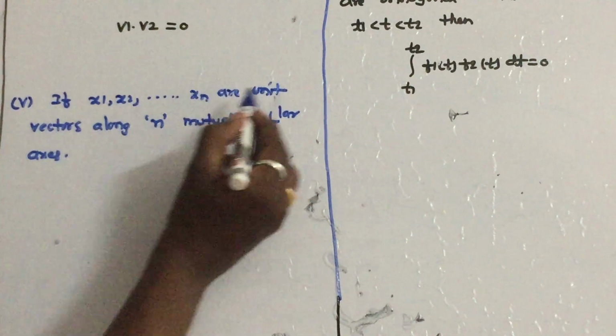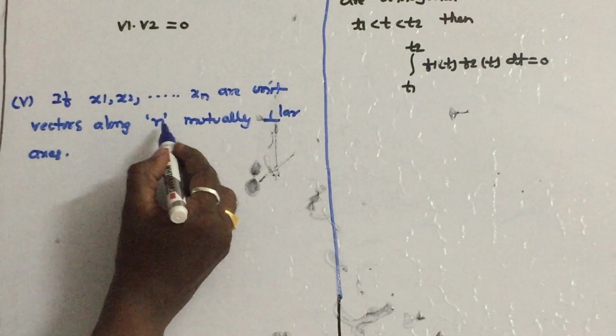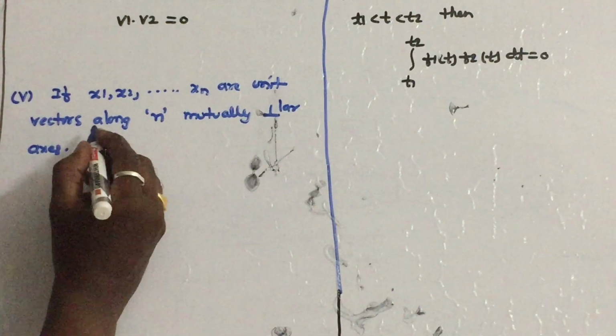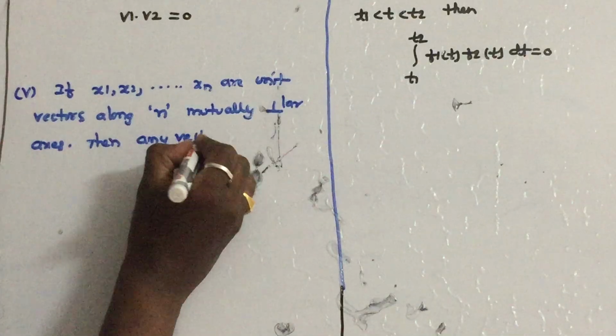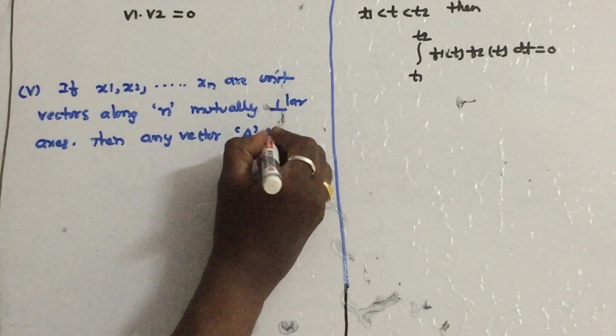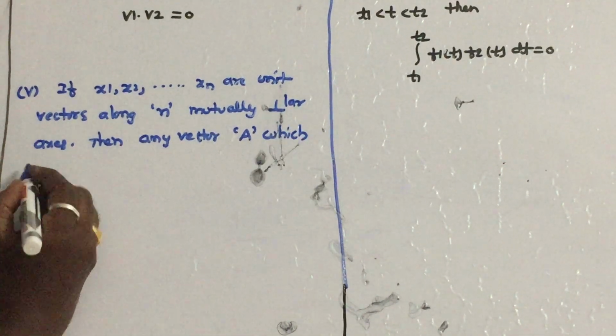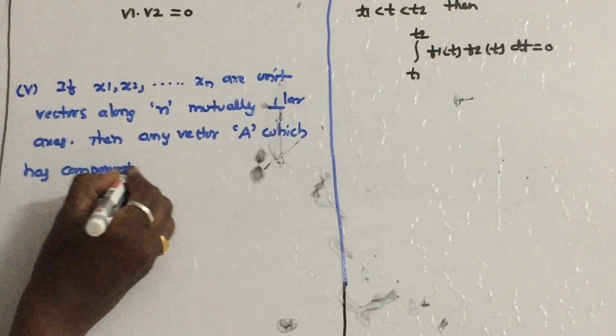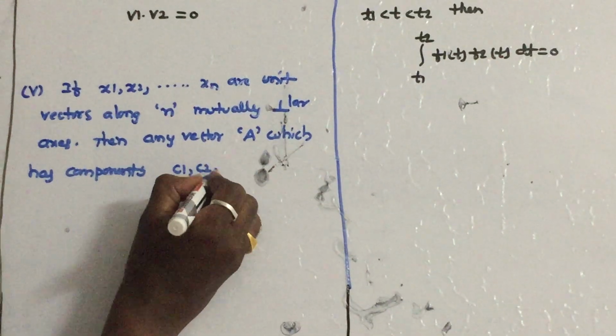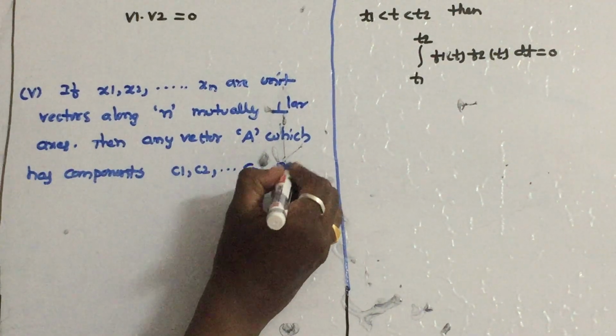Suppose if x1, x2, x3 so on xn are unit vectors along n mutually perpendicular axes, then any vector capital A which has components, what are the components? Which has components C1, C2, Cn along these mutually perpendicular axes can be written as,